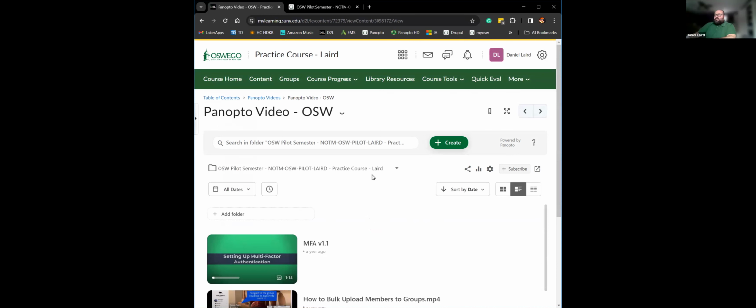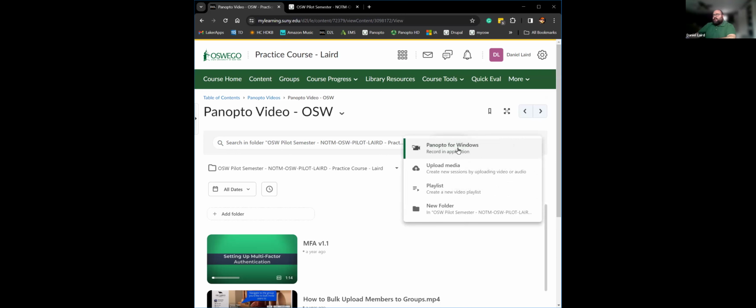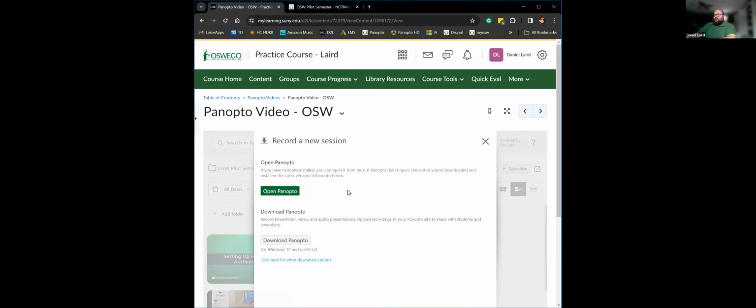So this is what it looks like in Brightspace. If you want to kick off the recorder in your classroom or on your laptop, you can click this button and then it'll say, if you have Panopto already installed, then you want to click open. But if this is your first time doing it and you want to install Panopto on your personal computer, then you would go down to this download Panopto, and that would download the executable file, and then you can install Panopto on your machine. But I already have it installed, so